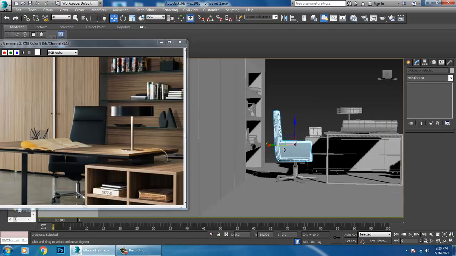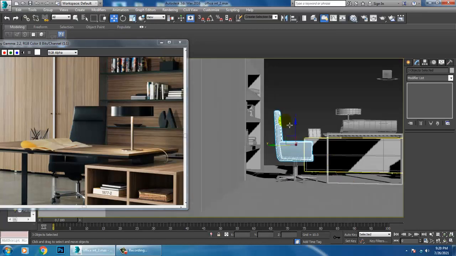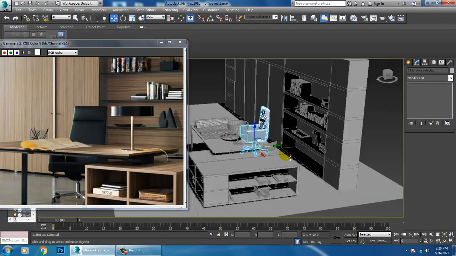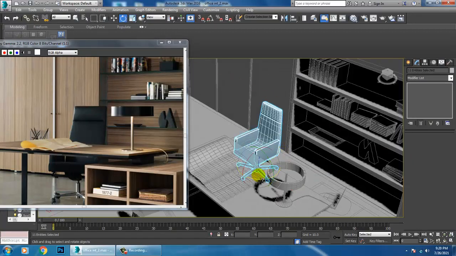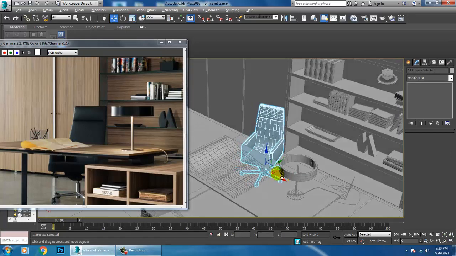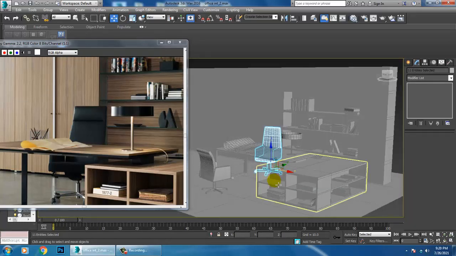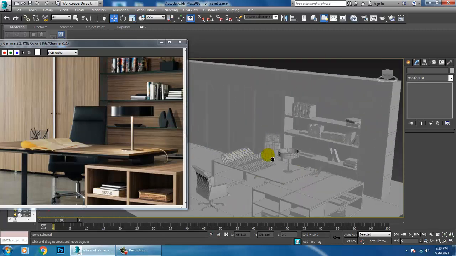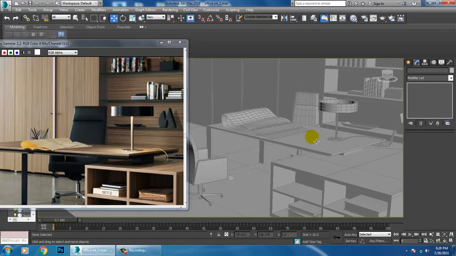Just subtract the elements, slightly rotate that, and keep it in this way. That's it. Looks good now.